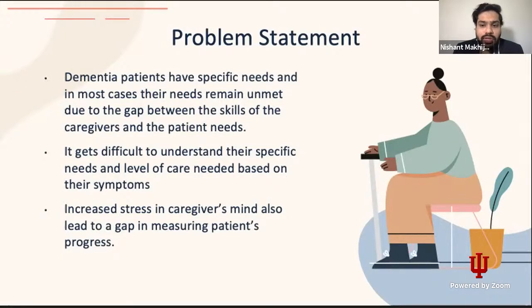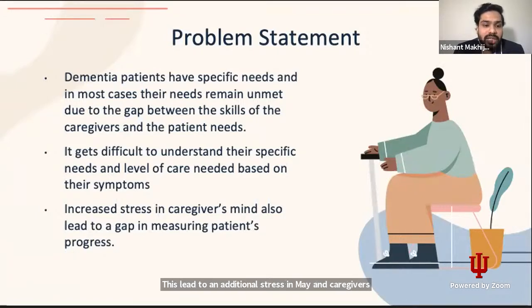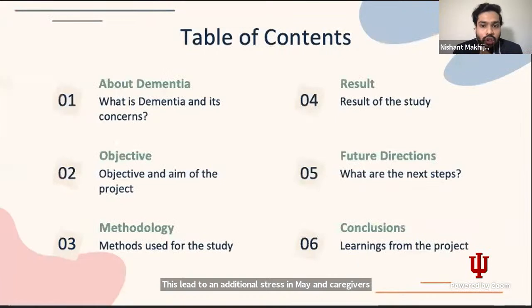It gets difficult to understand the needs of the patient and how much care they need. This leads to additional stress in the caregiver's mind, and patient progress is not properly measured. So in this presentation, we will be looking at the end-to-end journey of the project, starting from understanding what dementia is,